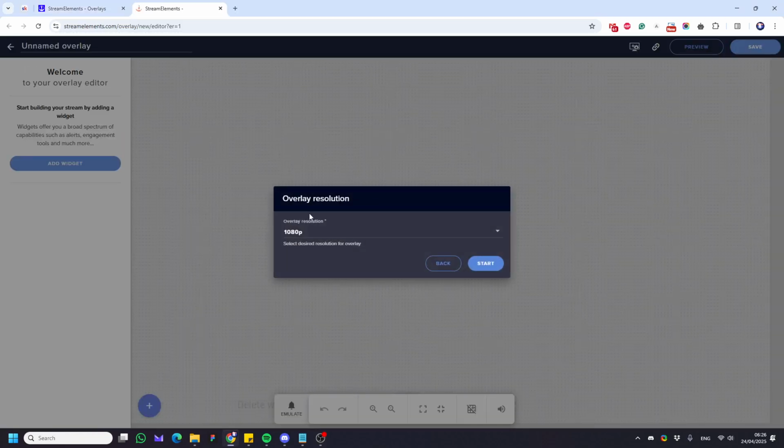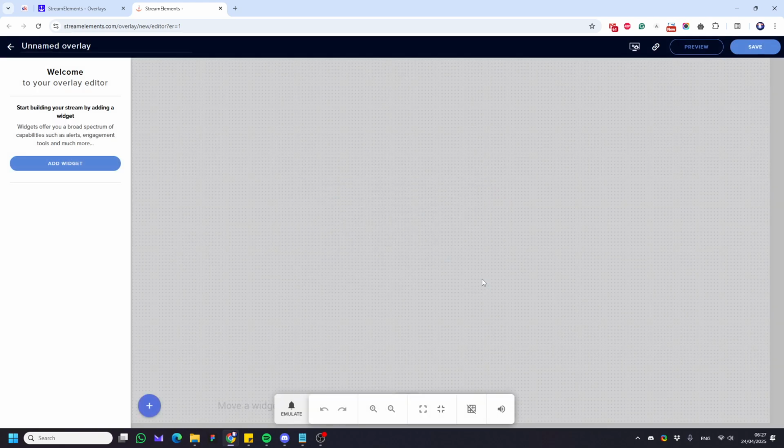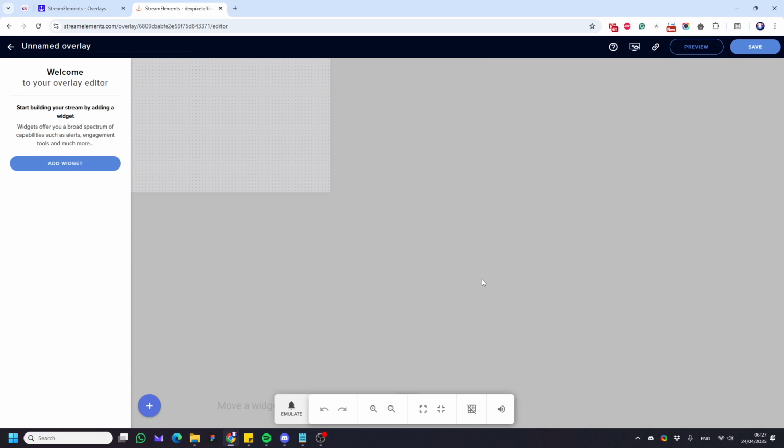Okay, so the overlay resolution, I'm not going to use 1080p because we actually don't need a full-size alert, so we are going to use custom. And it's going to be 600 by 400. Let's click start. And why is the reason for that size? Because these are not full screen alerts, and we don't need them to take all of the space and use your CPU because it's rendering all the empty space. So we only need this box, and then you can make it smaller or bigger in the actual OBS or